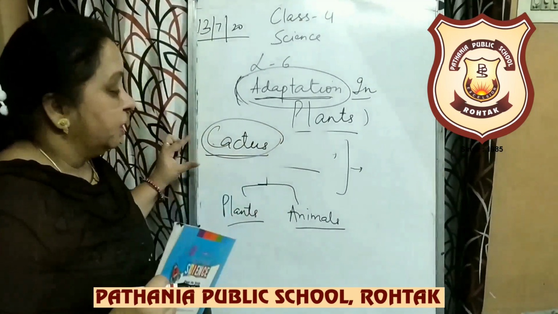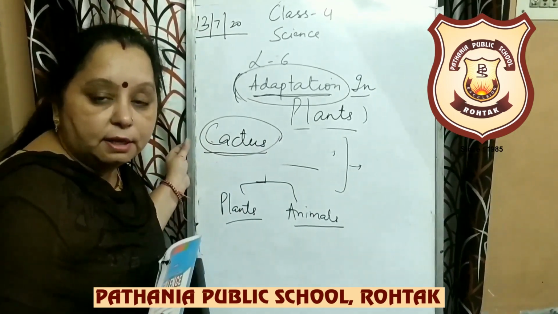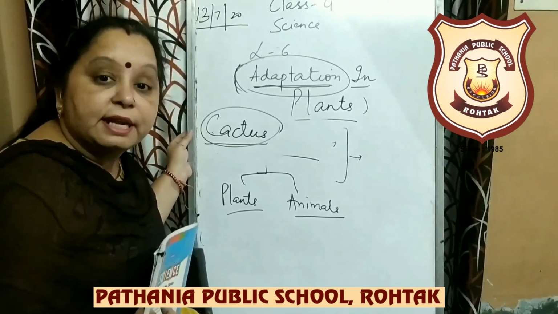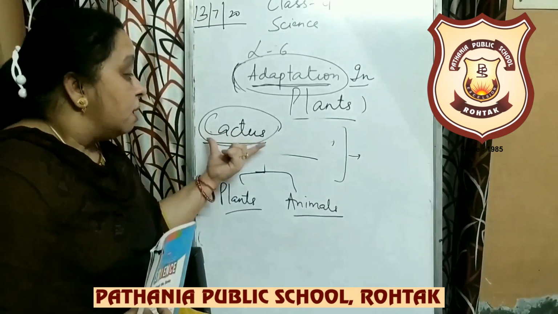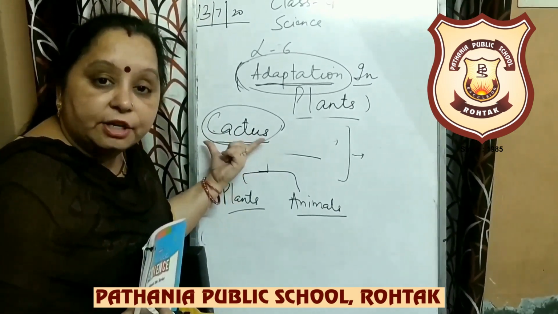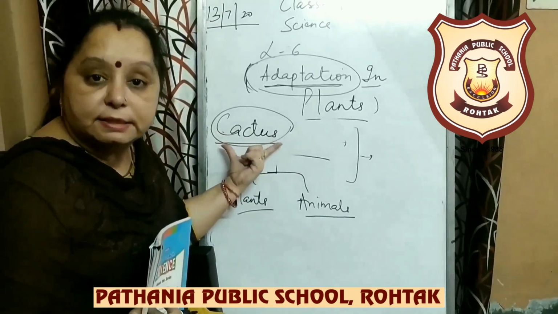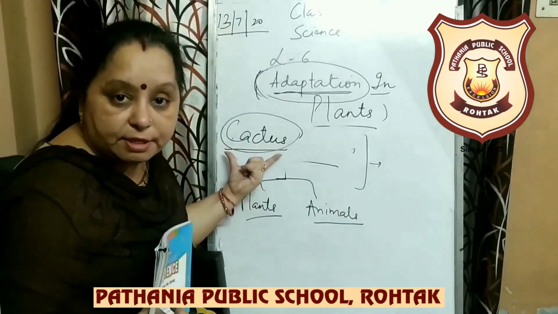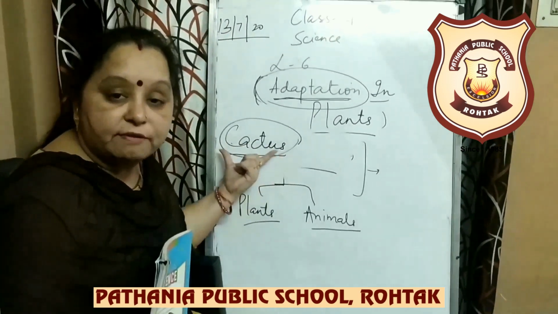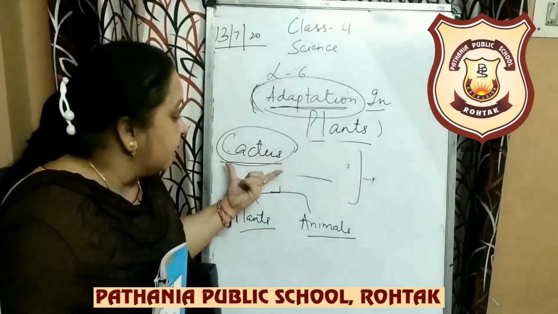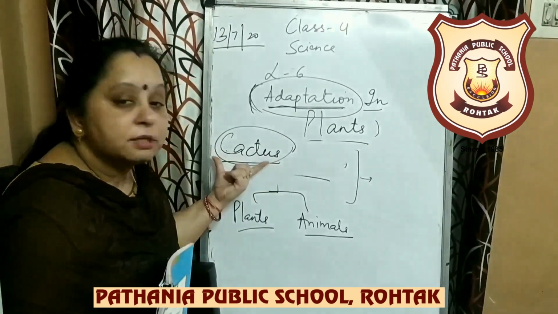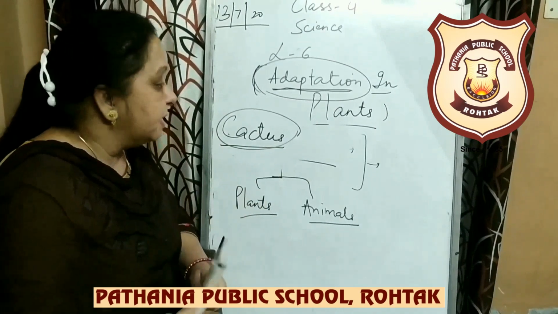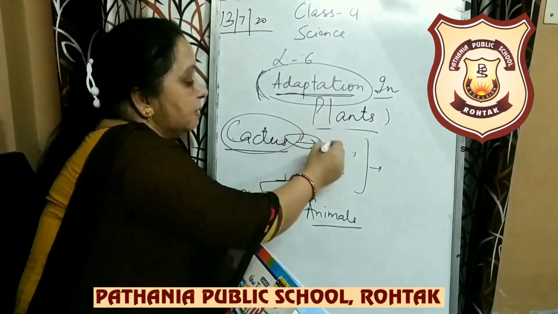You know cactus. You read about this plant in the previous chapter, that cactus has leaves, but their leaves are reduced to spines. So the leaves that are reduced to spines help the cactus plant in the desert. The cactus plant lives in a desert habitat. So to live in that warm or hot place where there is very little water, the cactus leaves are reduced to spines and help to prevent loss of water. In this way, cactus adapts itself in the desert.